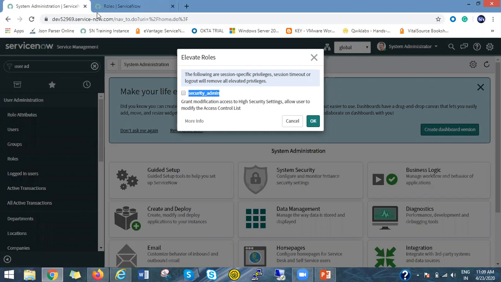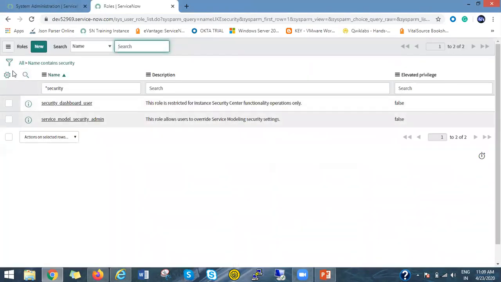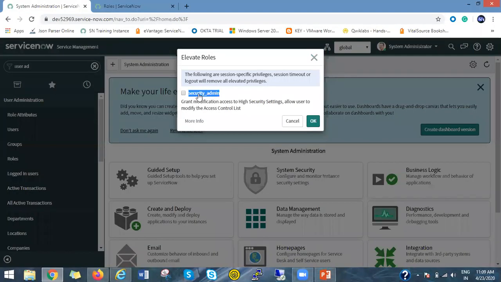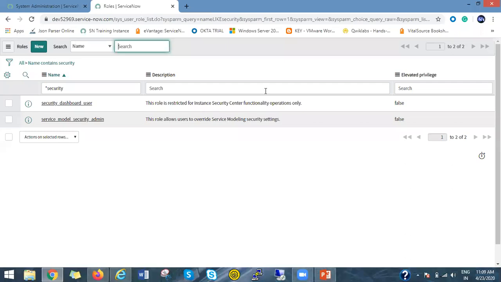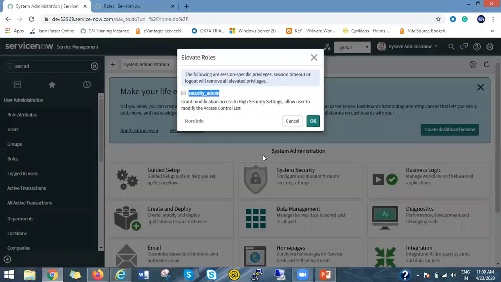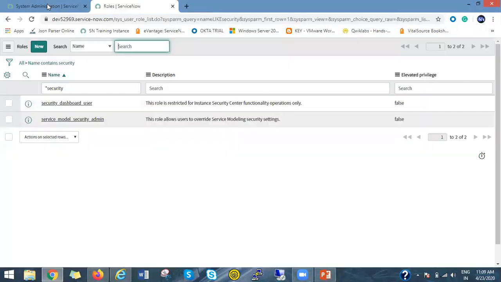What happens in the role table is that there is a particular column called elevated privilege. Inside this role table there is a record called security_admin, and for that record elevated privilege is true.